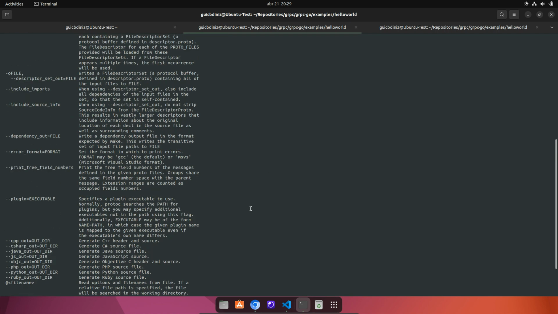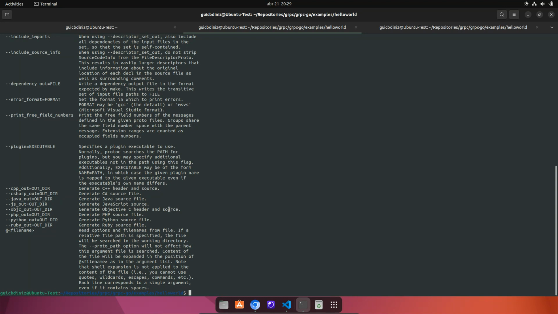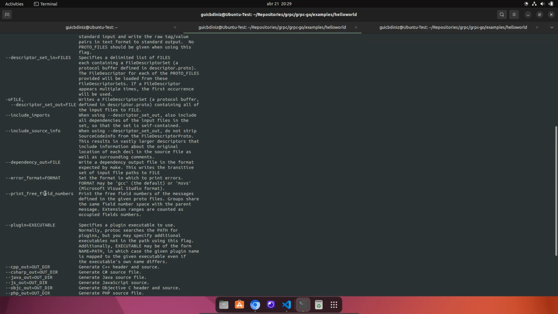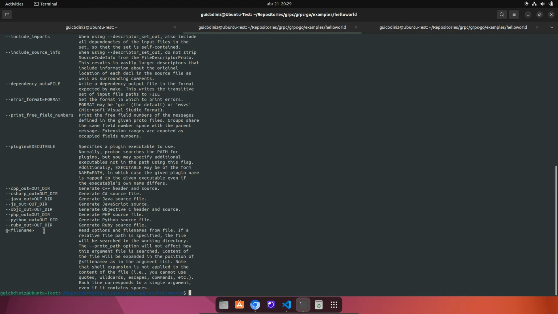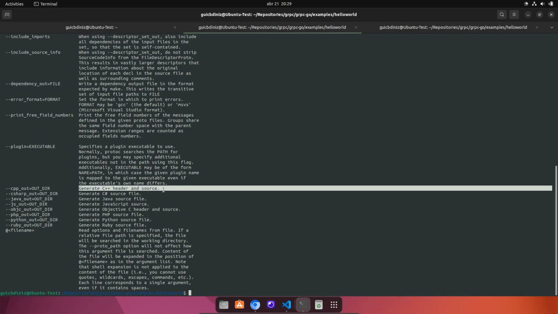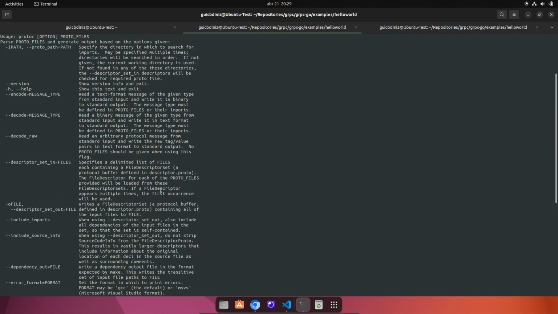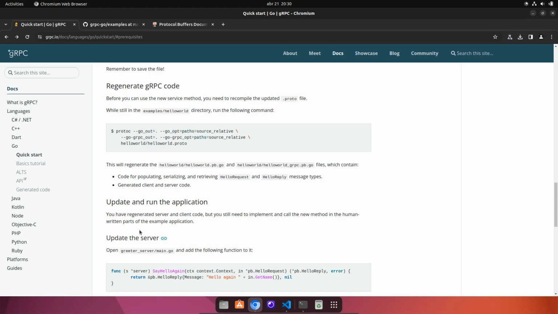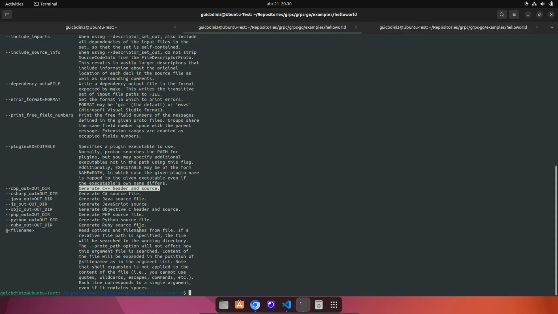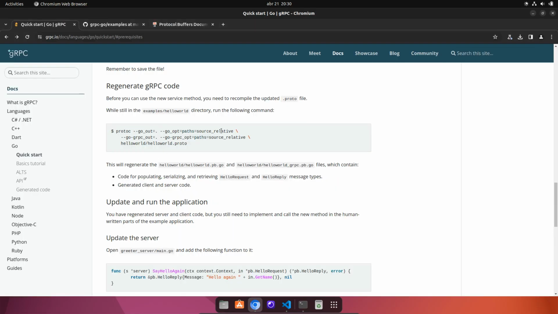I know what to do. Protoc help. This will explain to me. Okay. So basically, this go out is telling the compiler to generate the Go source file, and